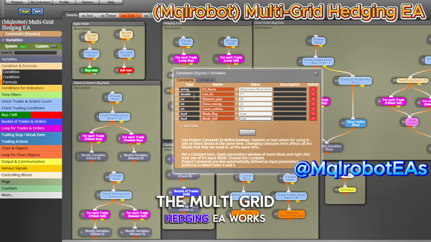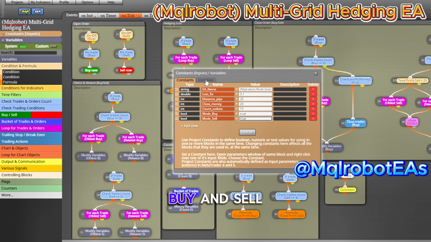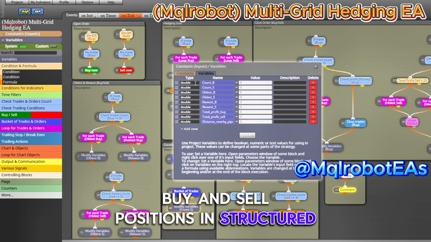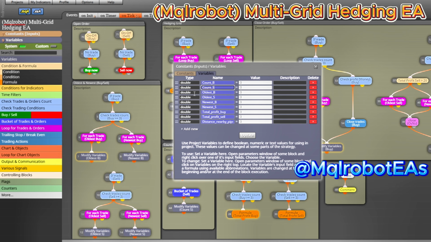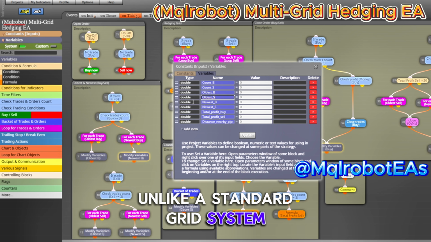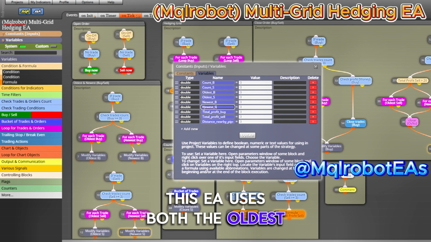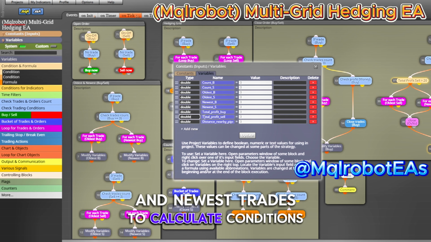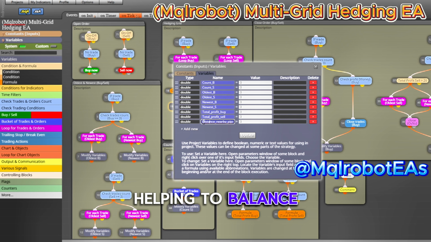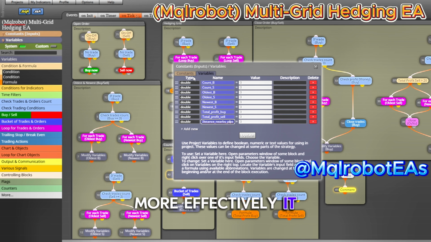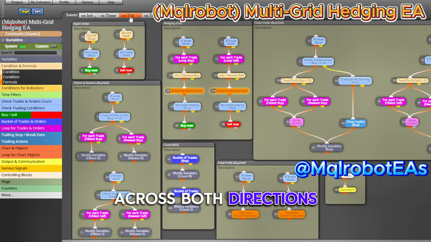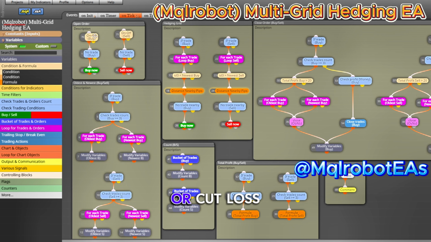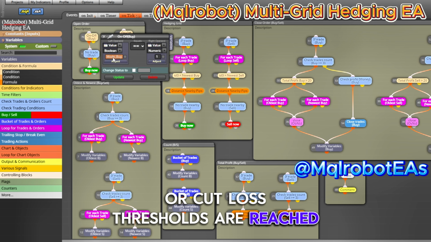The multi-grid Hedging EA works by opening buy and sell positions in structured grids, based on predefined distance settings. Unlike a standard grid system, this EA uses both the oldest and newest trades to calculate conditions, helping to balance exposure and manage risk more effectively. It continuously tracks profit and loss across both directions, and when certain profit or cut-loss thresholds are reached, the system